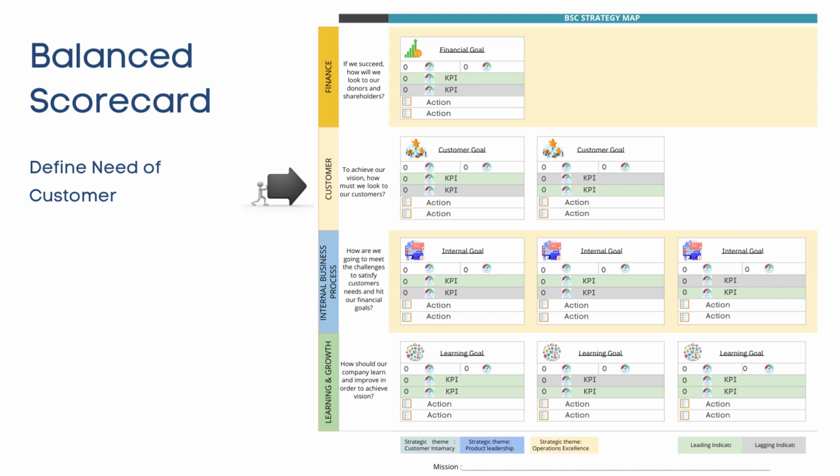Then we have to define the needs of the customer that the organization needs to satisfy to achieve those financial or stakeholder outcomes. I like to ask the question, to achieve our vision, how should the customer feel? For internal business process, we define the challenges we need to solve internally to satisfy the needs of the customer. I like to ask the question, how are you going to meet the challenges to satisfy customer needs and also